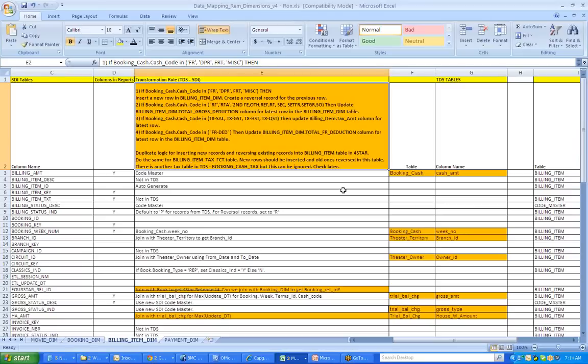Okay. So this document, who provides this document? We have to sit with the client. I'm the SME for this, so we have to sit with the client and understand his requirement. We have to prepare this and send it to the development team. Based on this, the development team will be working and building the code on this requirement.